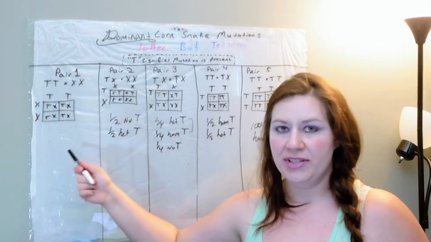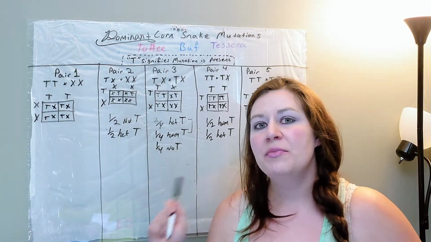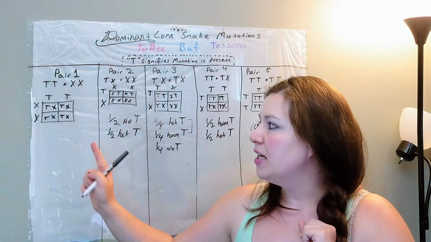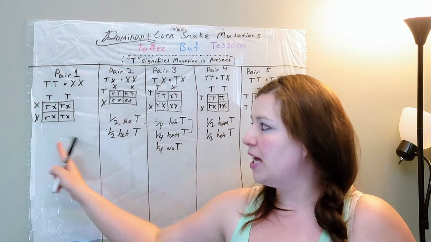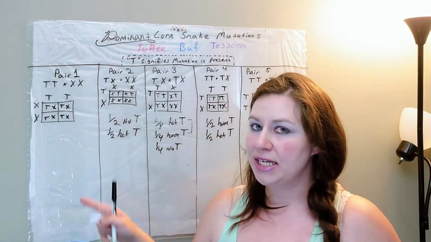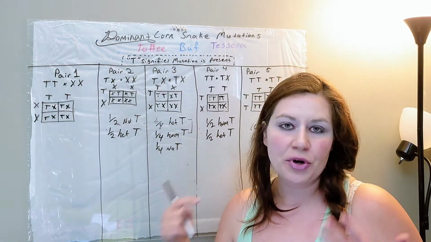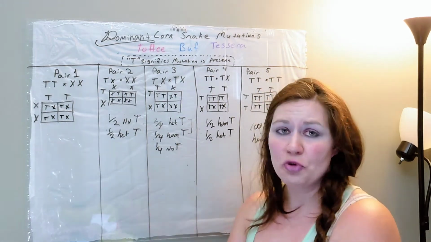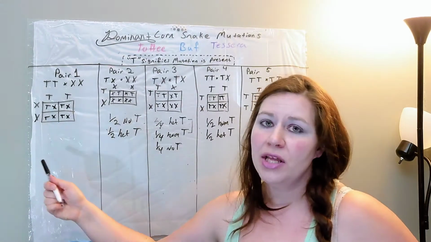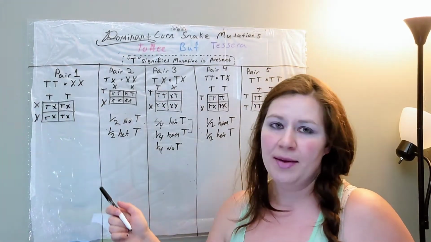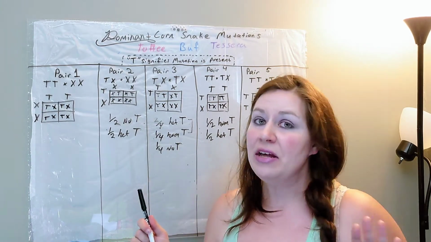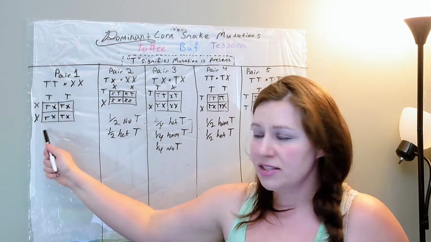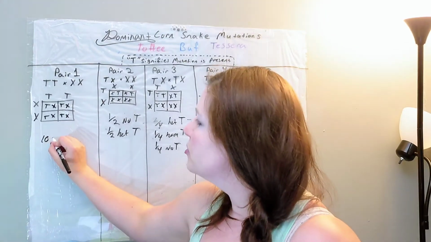So if you remember from the previous videos, het or heterozygous means that the gene happens on one side of the DNA but not the other side. And here we have 100% of them have it on one side and not the other. And if you recall, in the previous video we had anery, and when we bred anery to a normal that did not have anery, we got the same result. We got 100% of the babies that had anery on one side and nothing on the other. And so here we have 100% of snakes that have tessera on one side but not the other. So 100%